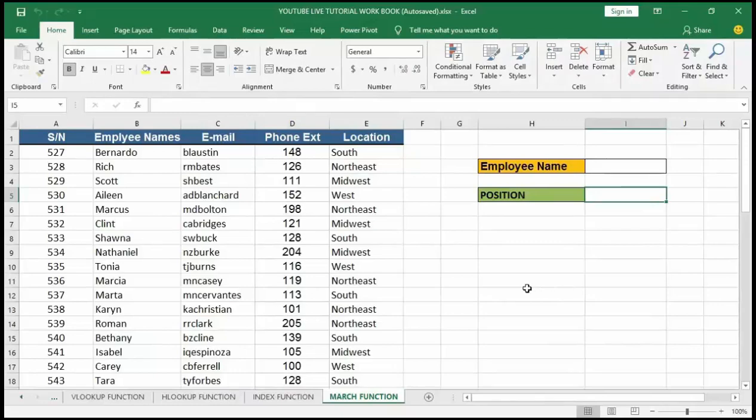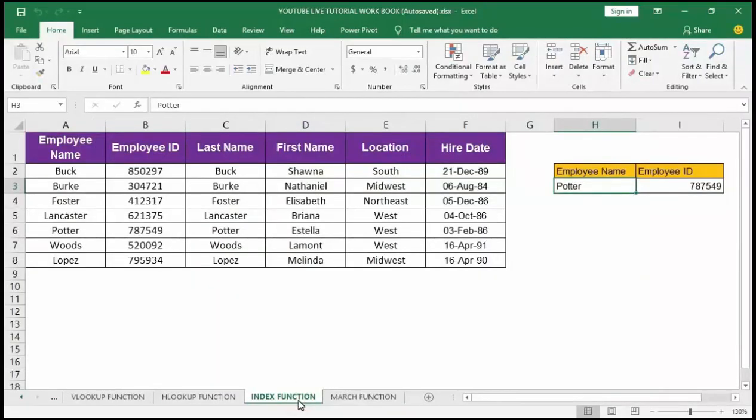In my last video tutorial, I talked about the INDEX function, which helps to find out the value within a data set range, where it can look up a value by both column and rows. It also helps to look up the value of a cell where an intersection of the row and column happens.